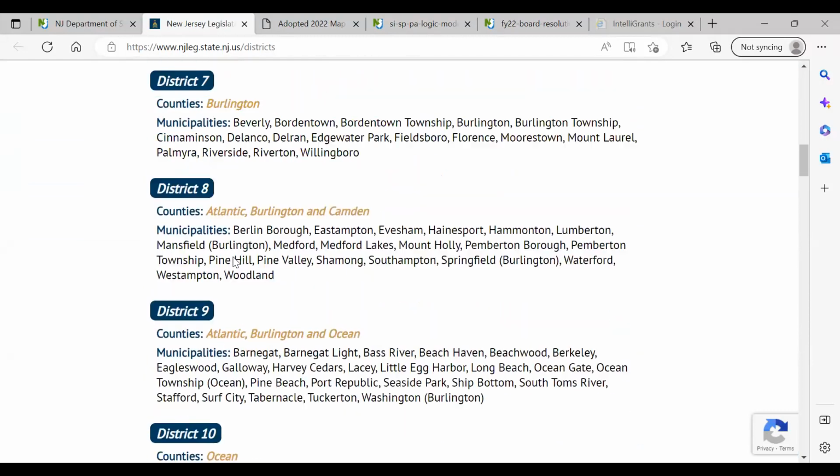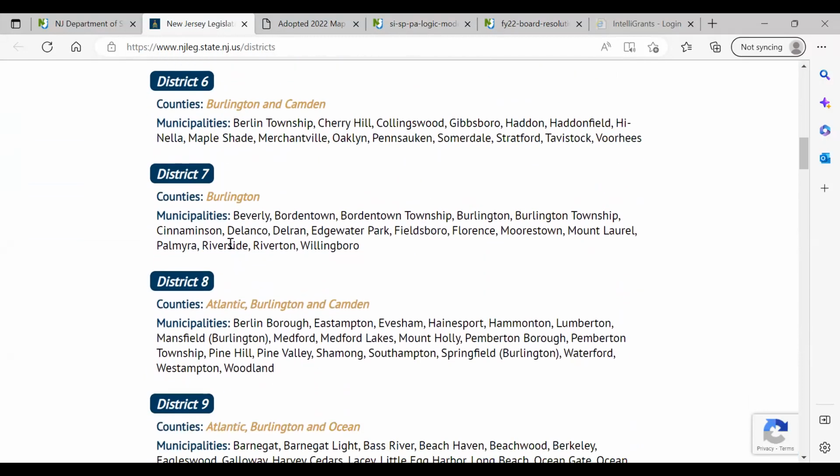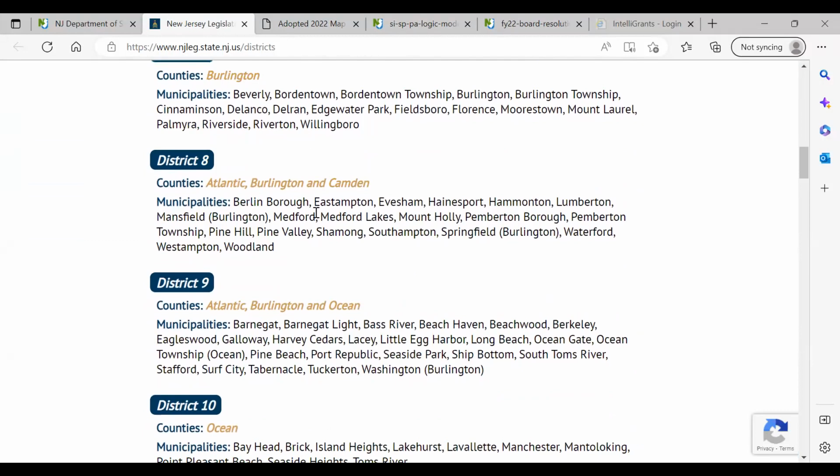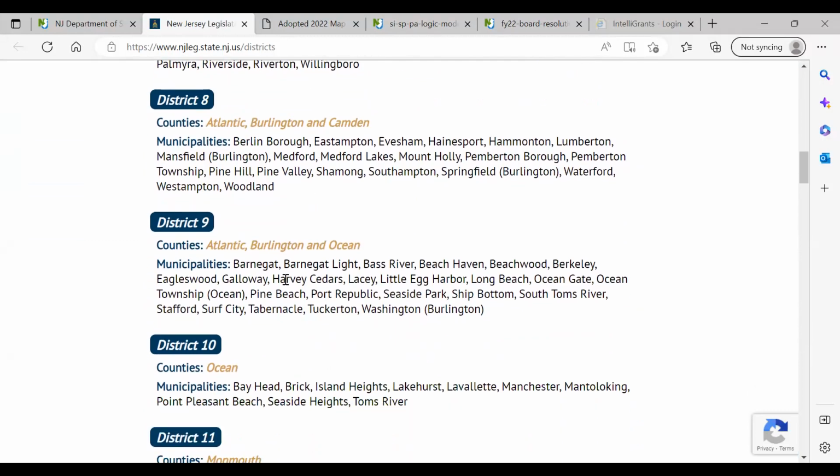It's under 4 districts, as a matter of fact. So just don't pick District 6. You need to look at District 6, see if your municipality is identified there. If it's not, go to District 7, go to District 8, go to District 9, and whatever district your municipality is under, that's the district that you use for your legislative district. Okay.